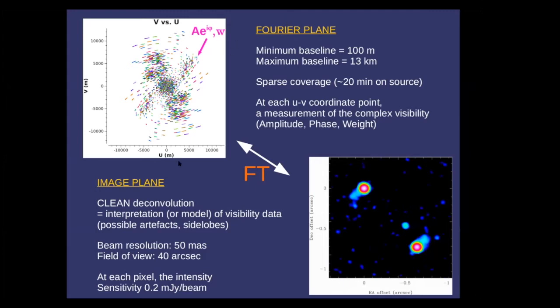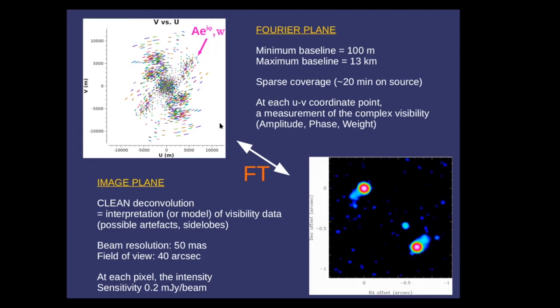And this is what we have in this UV plane here. We only have information from the minimum baseline of the interferometer, in this case 100 meters, up to the maximum baseline, in this case 13 kilometers, and only a sparse coverage. Even within this range from the minimum to the maximum baseline, we don't have access to all the information. So what we have from the source is an incomplete sampling, and we have to pay the price when we try to reconstruct an image from this. We don't have a perfect